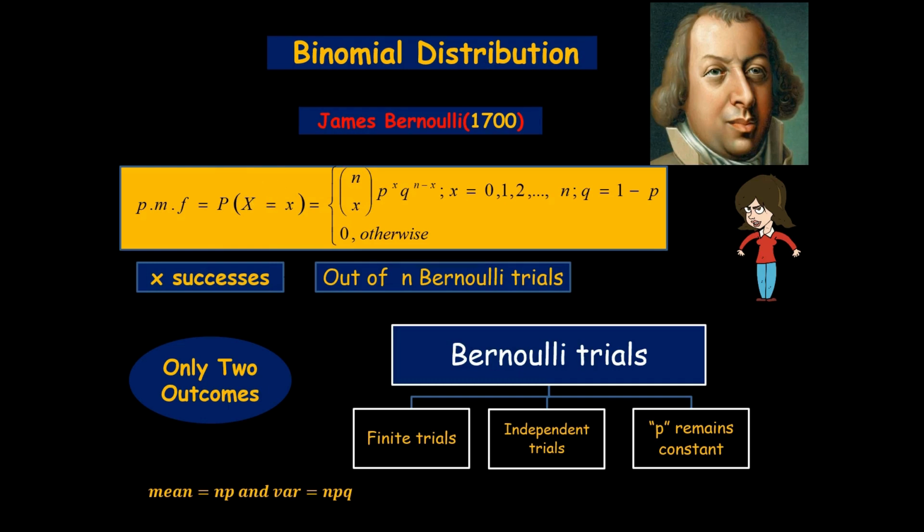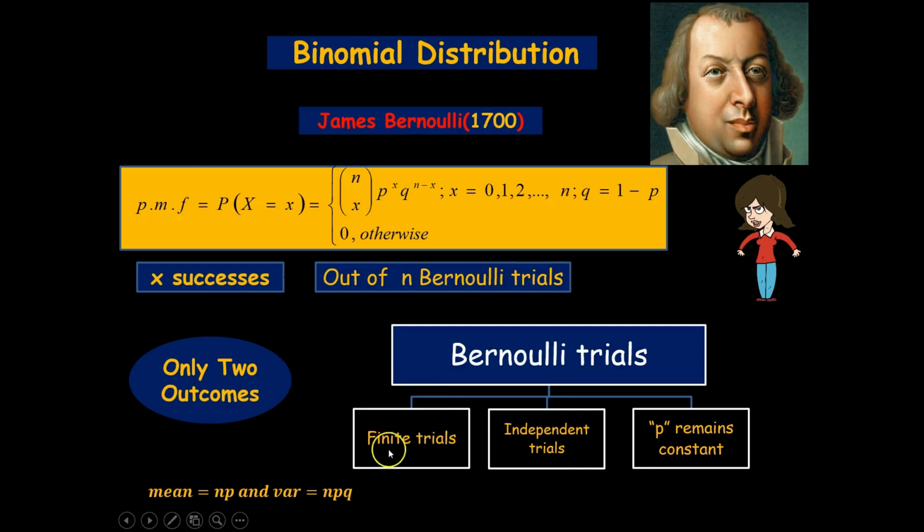if we have a discrete random variable, it is said to follow a binomial distribution if it assumes non-negative values and its probability mass function is given in this form, where p and n are the two parameters, or n we can say the degree of the binomial distribution. Since this binomial distribution is a discrete distribution, and it can take only a finite number of trials, we can say the